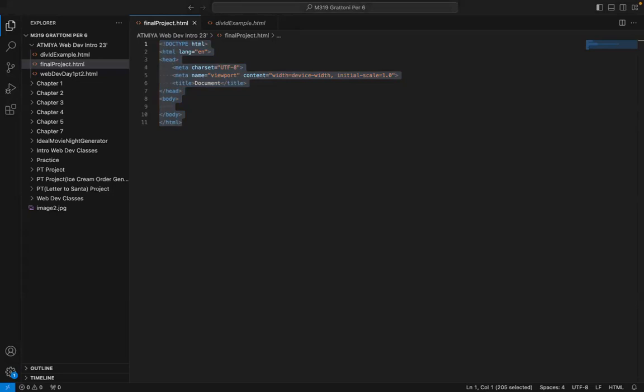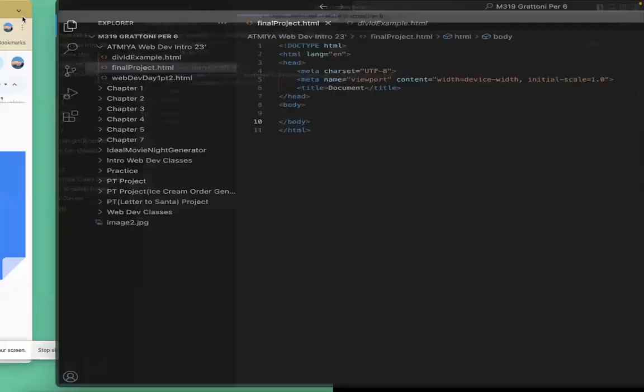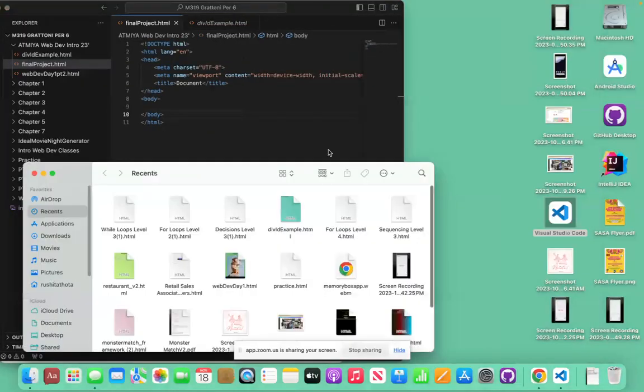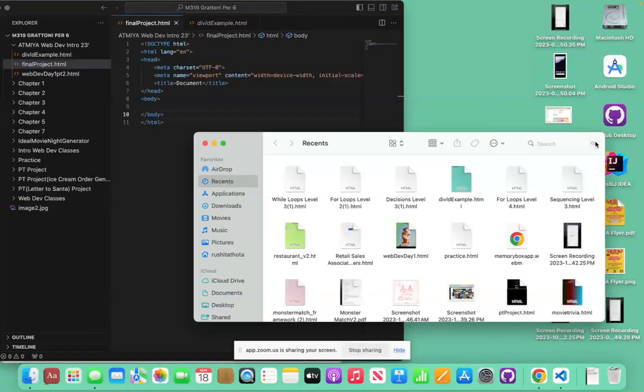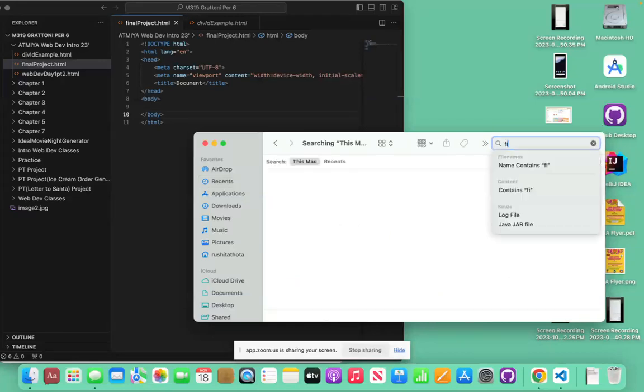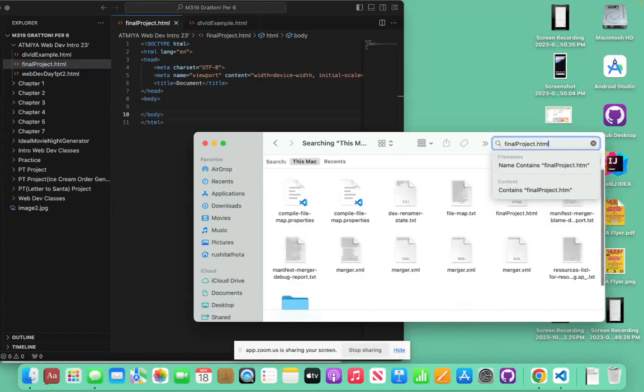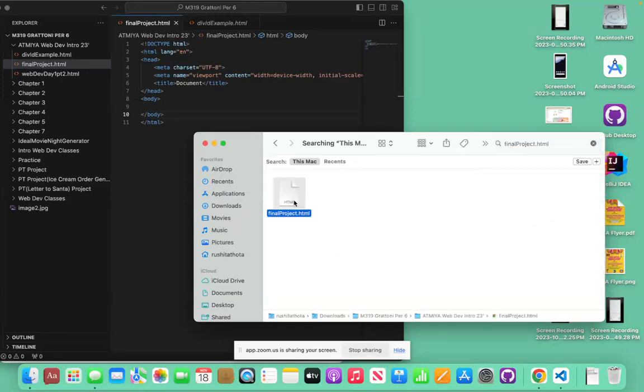Okay, I think that worked for some people. It works now, but if you just want to have the code that I have right here, you have that available in the chat. So now if you type into your Finder or your hard drive the name of the file that you just made, I named mine final project.html, it should pop up, and when you double click on that,